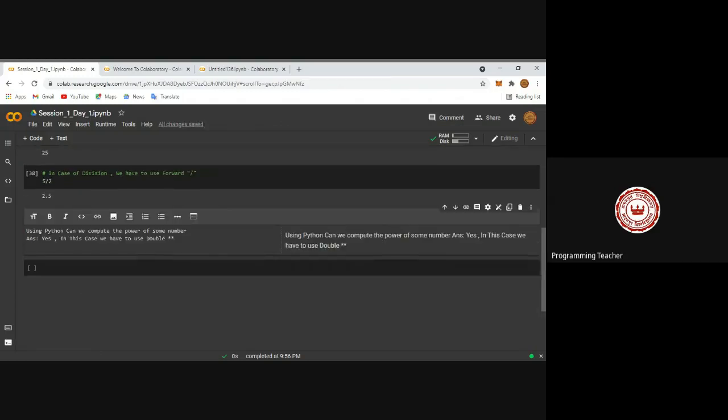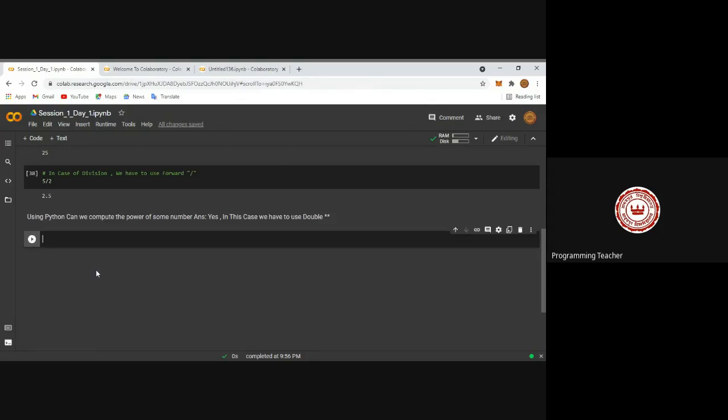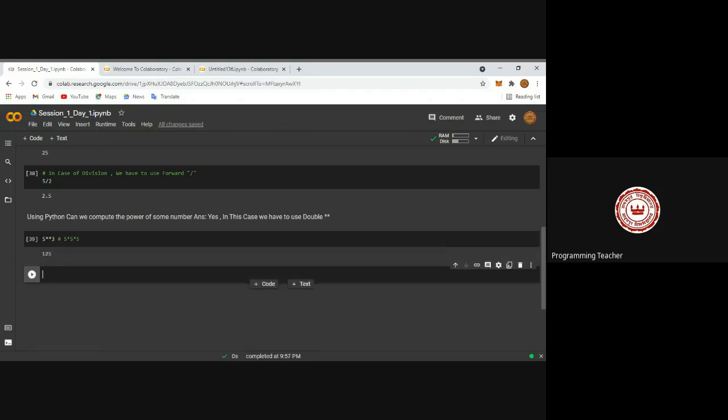So let's try with one example. Power of some number like 5 star star 3. Then what is the main reason behind that? 5 star 5 star 5. Got it? In case of a normal star, you are getting multiplication. But if you try to compute the power of some number, then you have to use these two asterisks. Okay? Is it all clear to all of you?